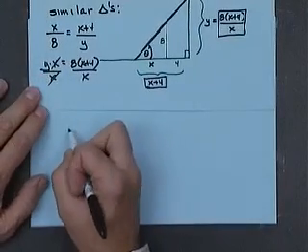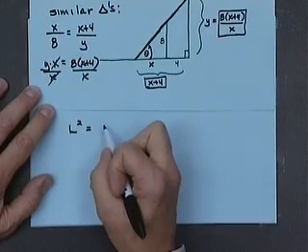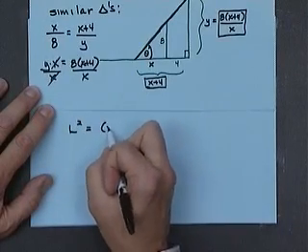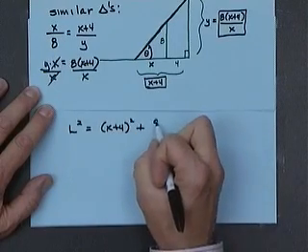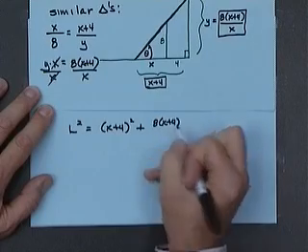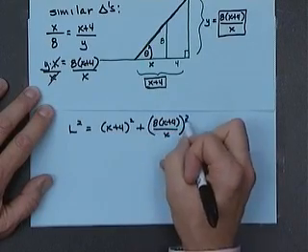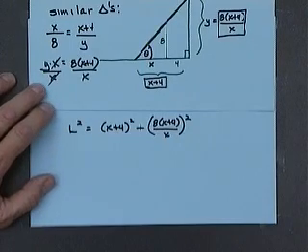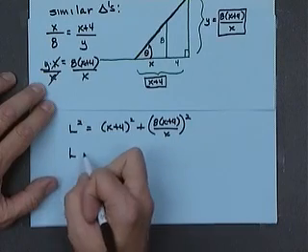So the ladder, let's call it L squared, is x plus 4 squared, and we want the ladder, not the ladder squared. So the ladder